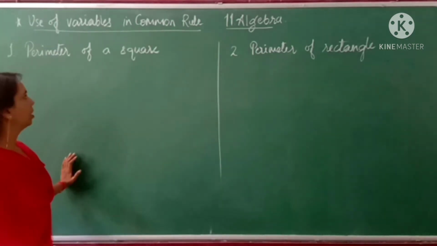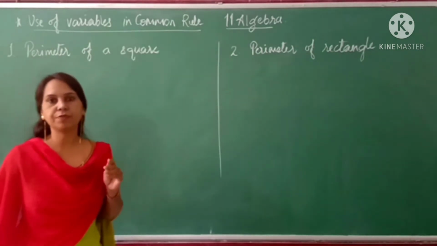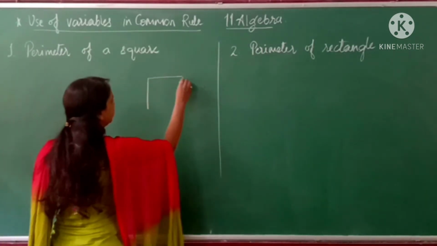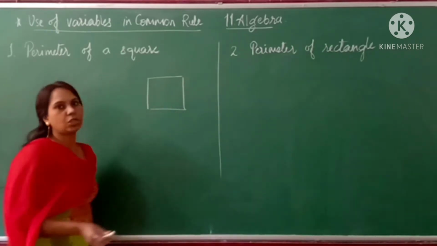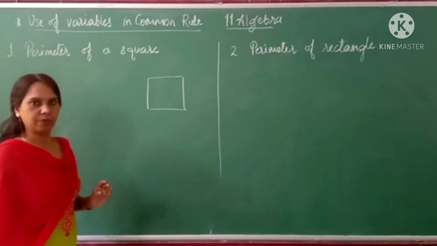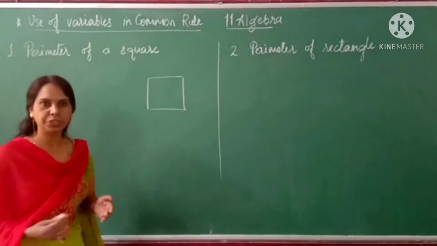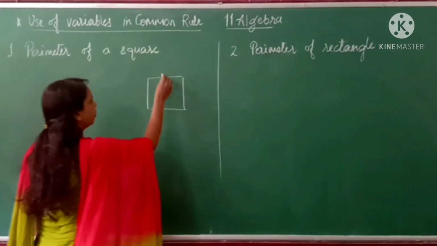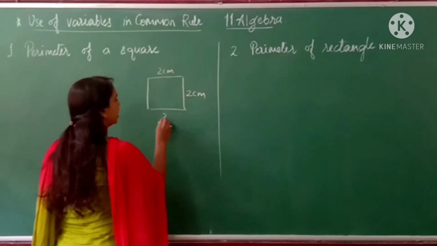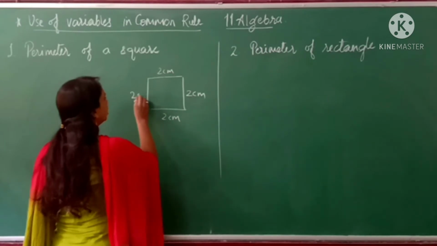Now starting with the first, the perimeter of a square. Now we know that in the square the lengths of all the sides are equal, of equal measurement. Suppose here it is 2 cm, then all the sides of the square are 2 cm according to the